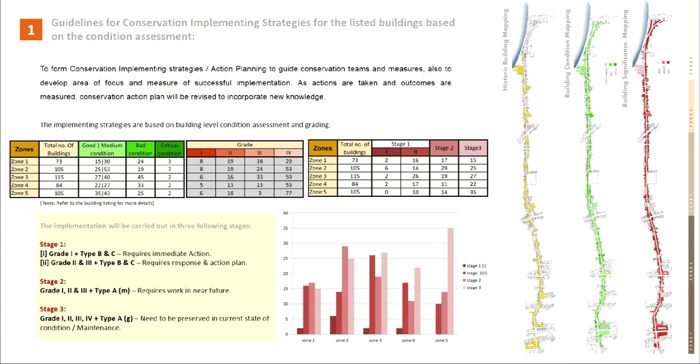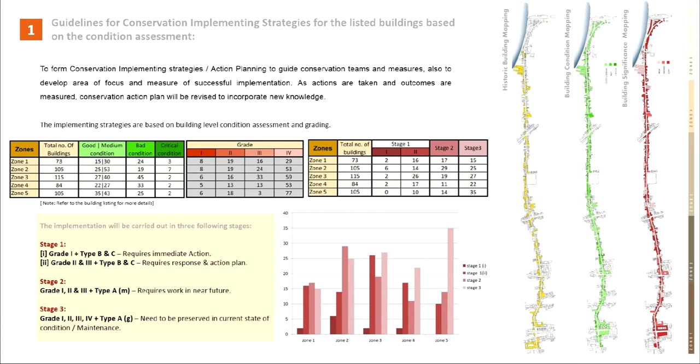For example, the total number of buildings in zone 1 is 73, out of which 15 are in good, 30 in medium, 24 in bad and 3 buildings are in critical condition. Combining it with grade, 8 buildings are in grade 1, 19 in grade 2, 16 in grade 3, 29 in grade 4. The findings are 2 buildings in zone 1 need immediate action, 16 buildings require action plan and response, 17 buildings require conservation work in near future and 15 buildings need to be maintained in